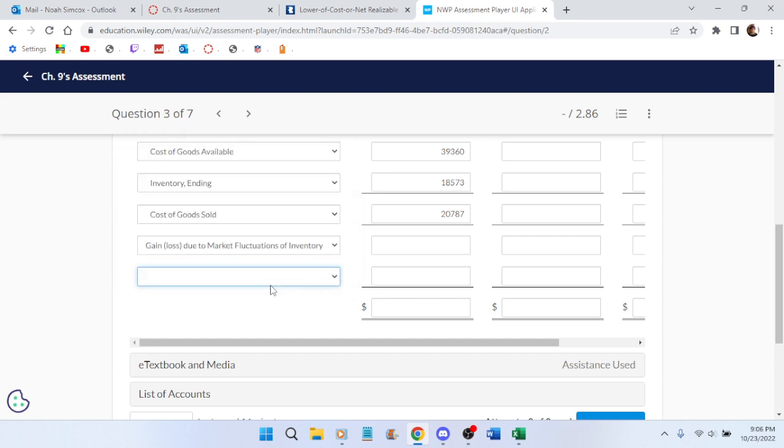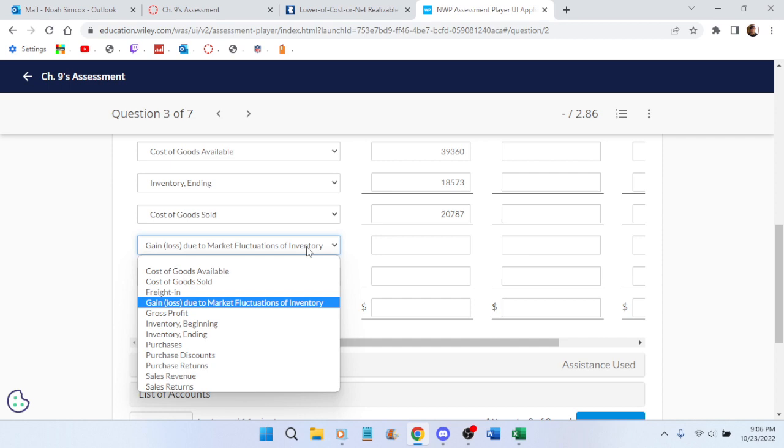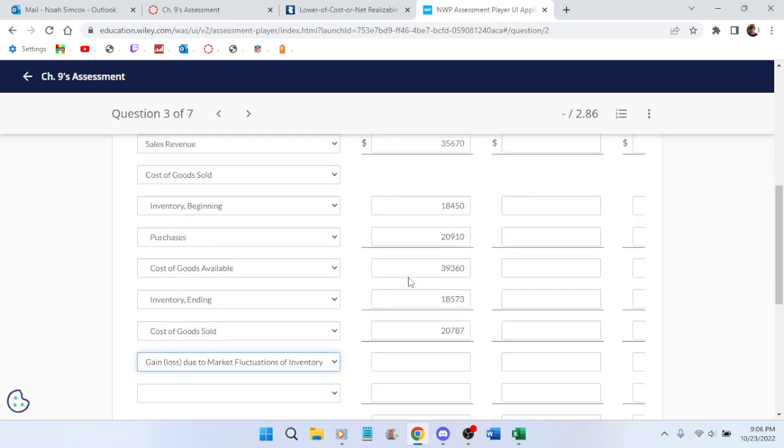Wait, actually what you do is, you have your sales revenue minus cost of goods sold equals,